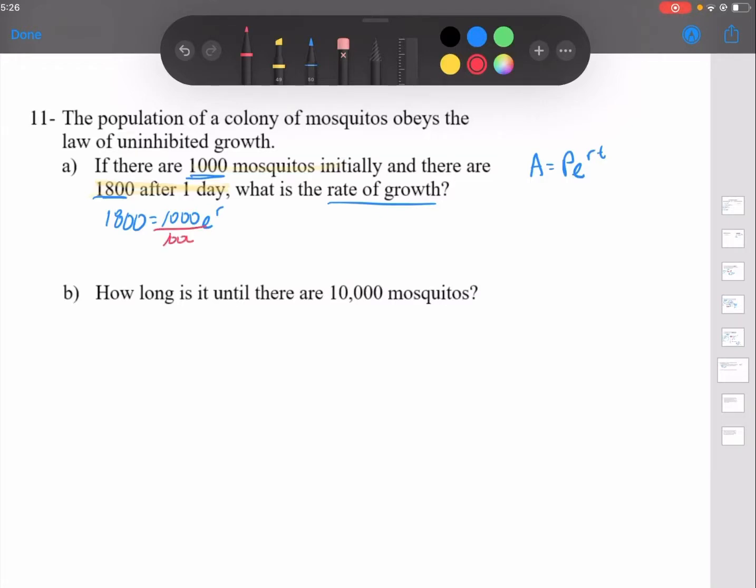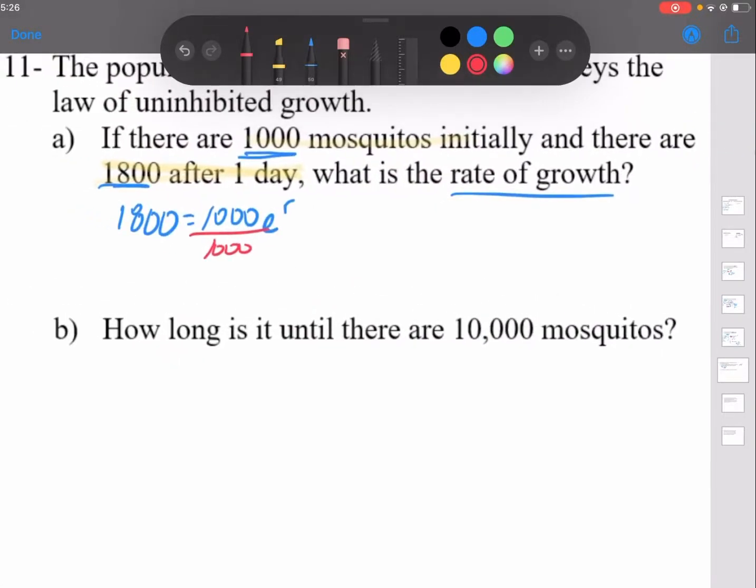So I'll divide both sides by 1,000. I'm going to zoom in a bit. And that will give me 1.8 is equal to E raised to the R. And then because the exponent has the variable, that tells me we're going to have to use a log. And the inverse of base E is natural log. So our rate is going to be the natural log of 1.8, which if I type that into a calculator,